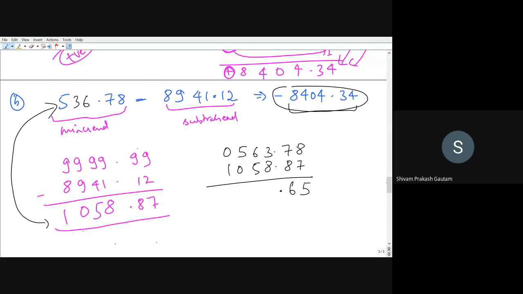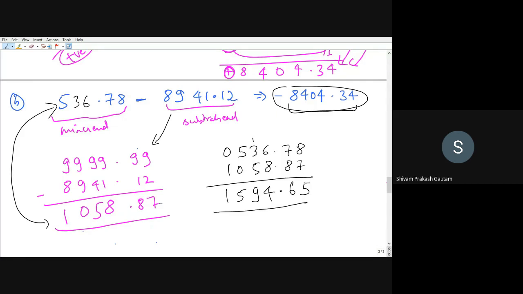So this is the result that we are getting. Now we are trying to solve it using 9's complement. So I have taken the 9's complement of this number, and now I will add both of them. So instead of 563, this is 536. Okay, so 6 and 6, so we have to add, right? So 6 plus 8 will be 14. 1, 8, 9, 5, 1.